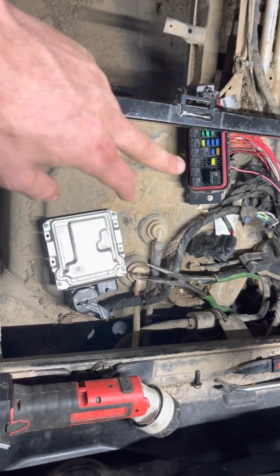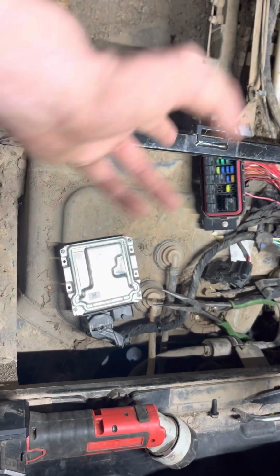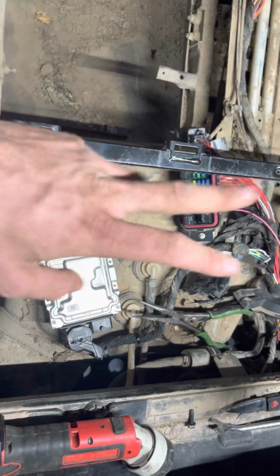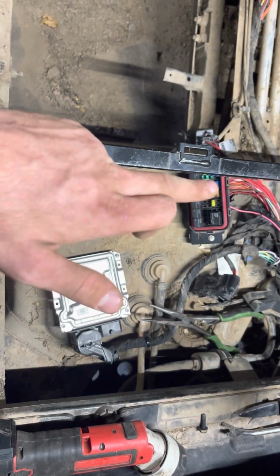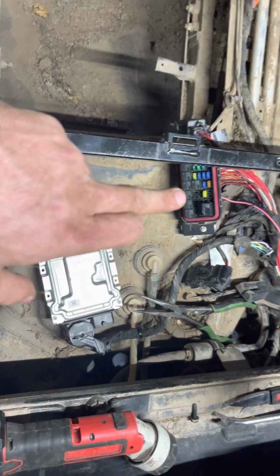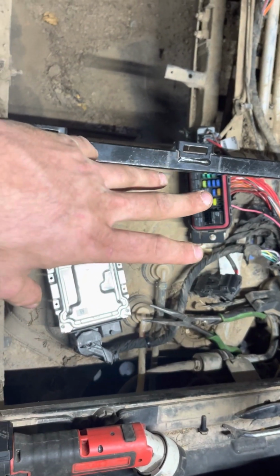I was like, okay, well, I'm gonna jump across it. And I jumped across it and my fan came on. So, okay, well, I started checking my fan, or the fuse breaker. I had nothing to it. And keep in mind, also,